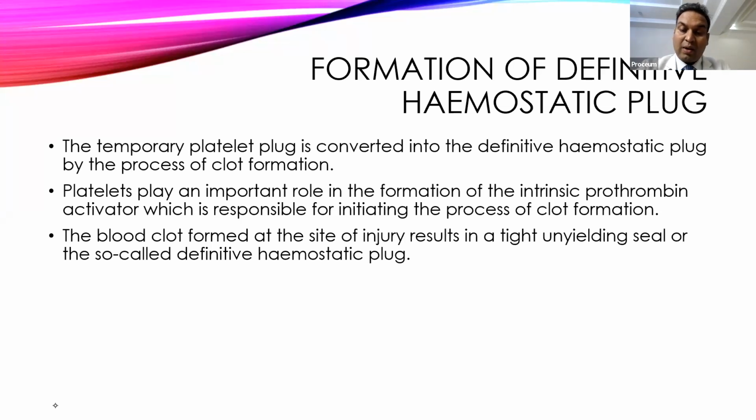So after this initial stage, the temporary platelet formation will be there. Now the second and last stage of hemostasis will occur, and that will cause a definitive platelet plug, a definitive clot formation. The definitive clot formation occurs by the initiation of coagulation. So coagulation initiation causes the activation of fibrinogen into fibrin monomer, and that fibrin monomer will